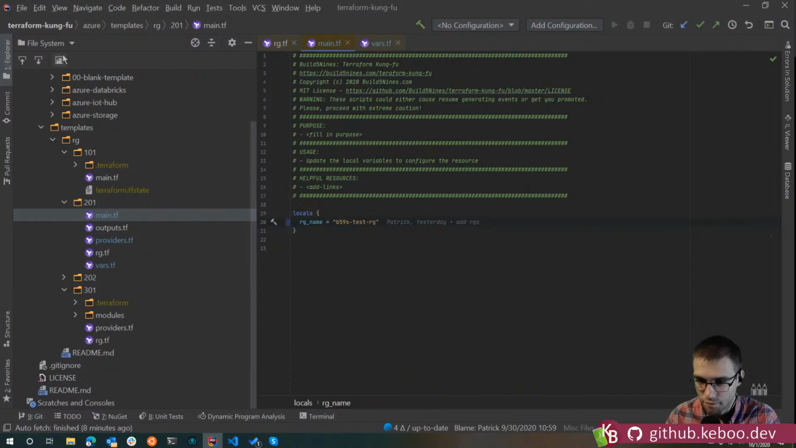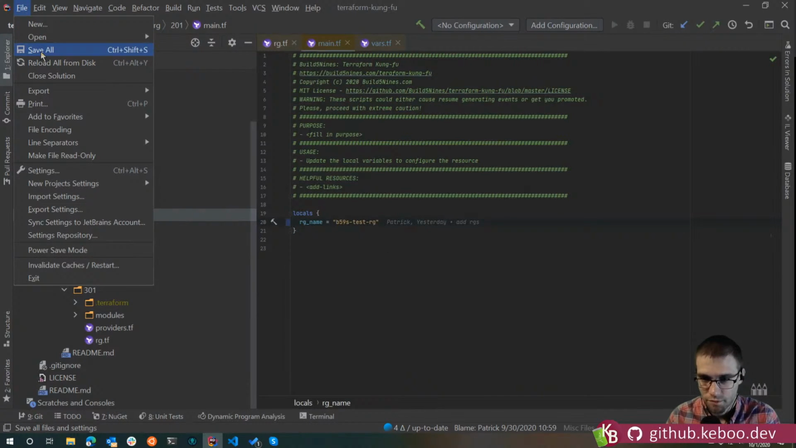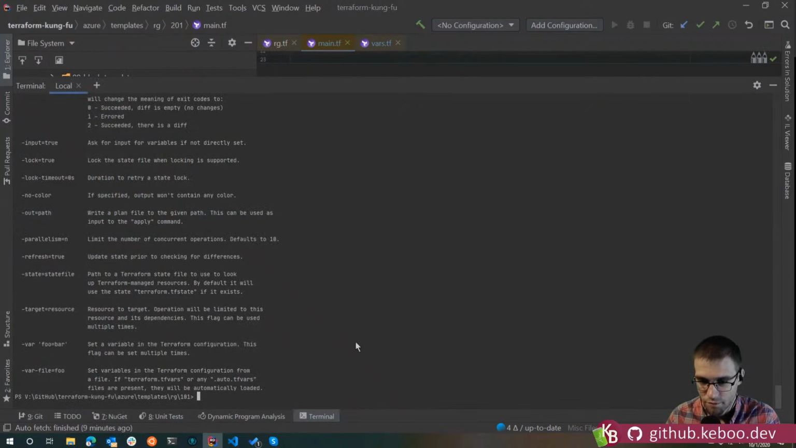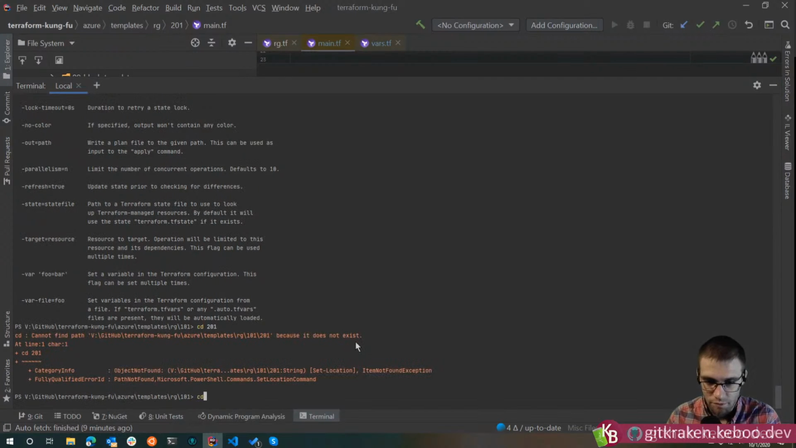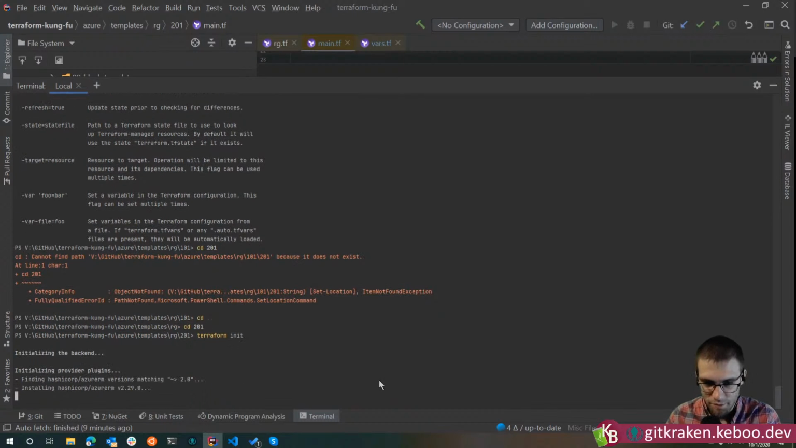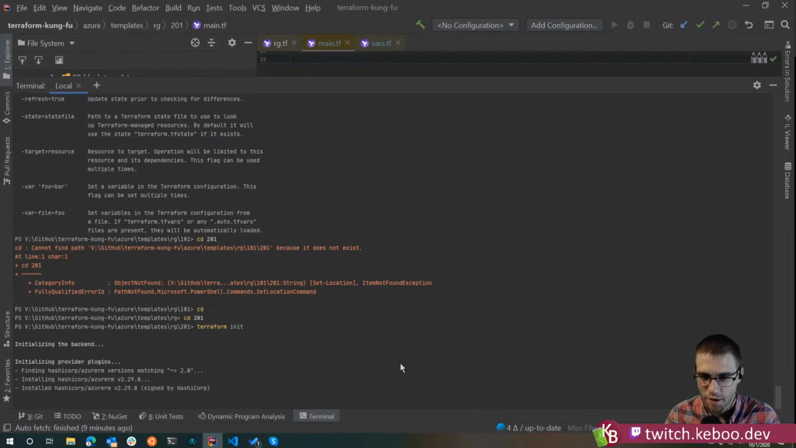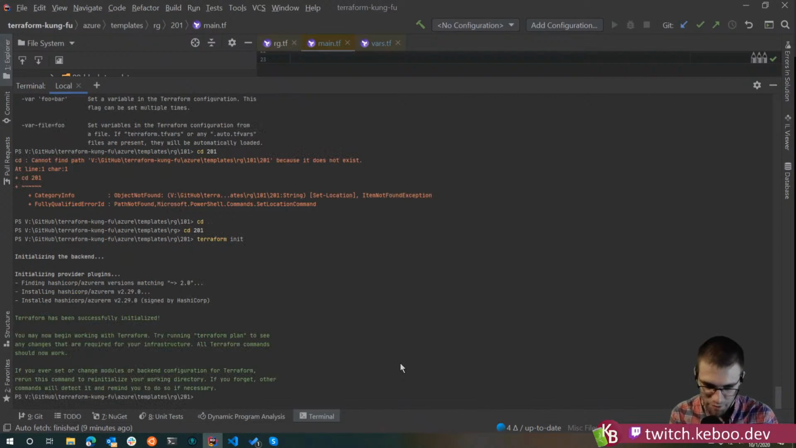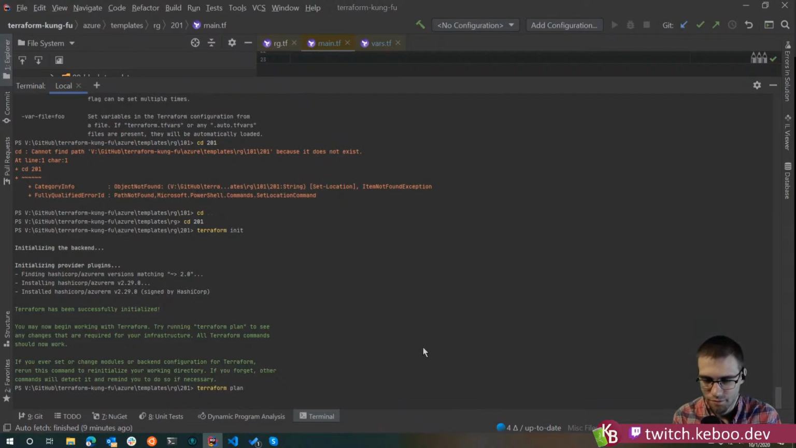Got it. So if I change this to test for a minute and we go to, let's say, 201, I don't think I did a terraform init here. Yeah, not since we whacked it. And the nice part is if you try to run an apply or a plan before the init, it'll whack you upside the head and say, "I don't know what you're talking about. Try again." Exactly. So if we do a terraform plan